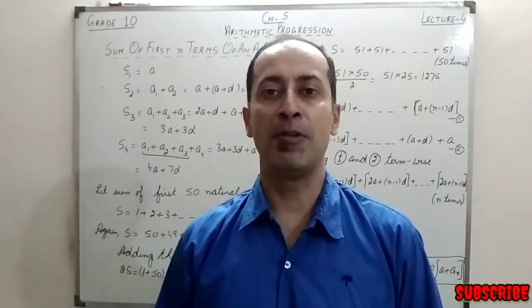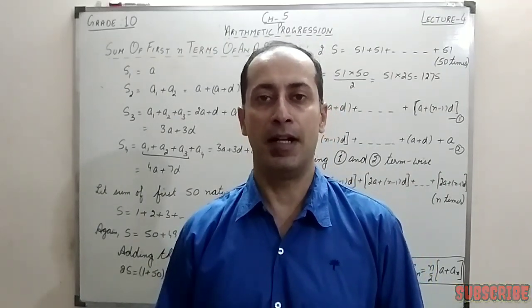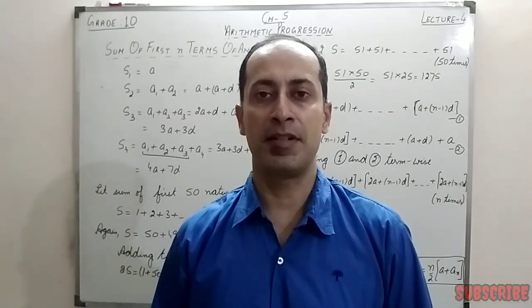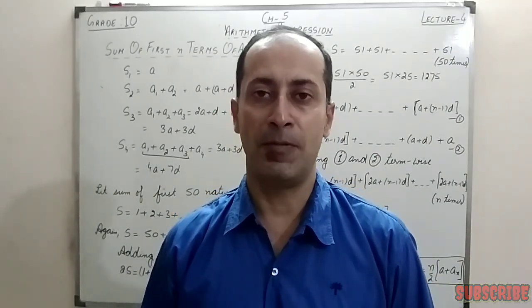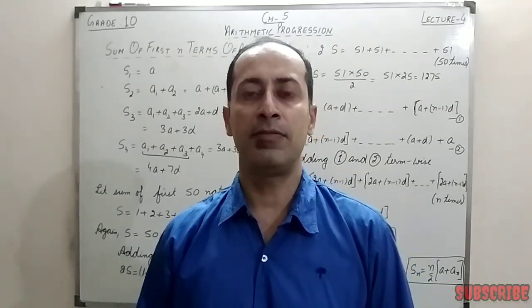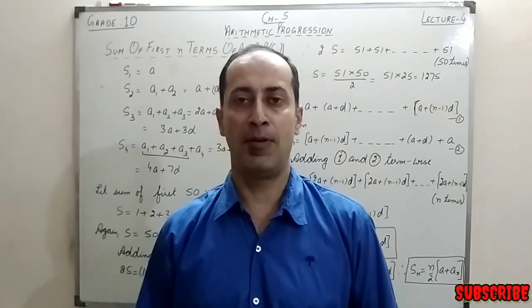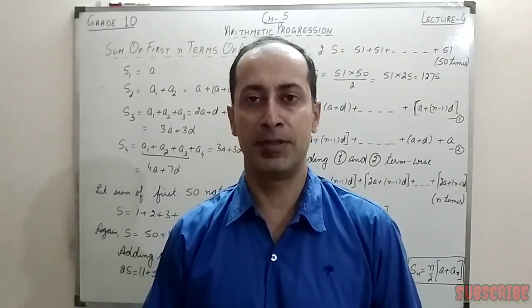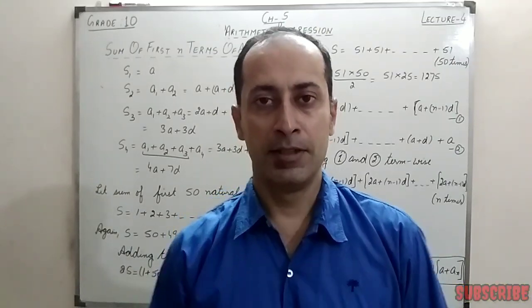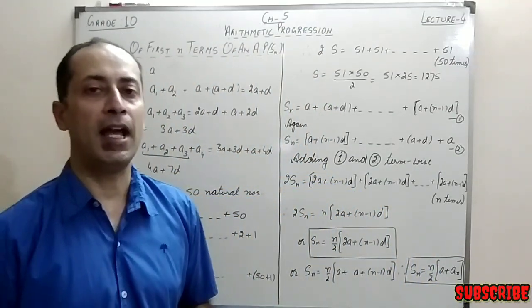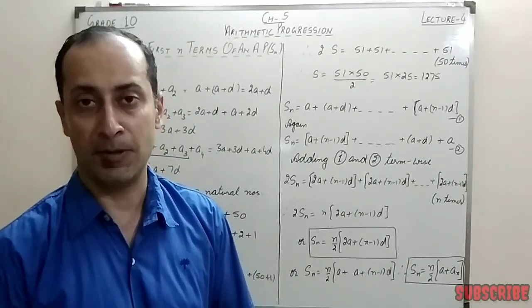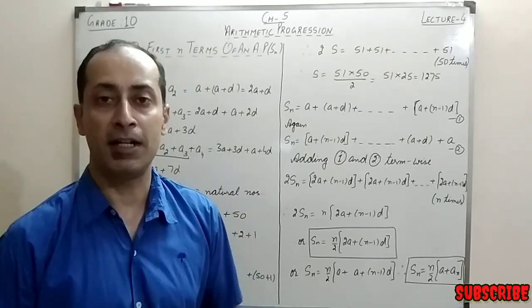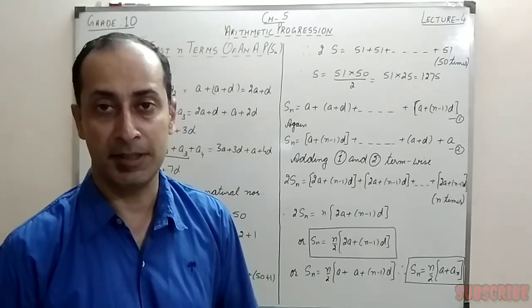So today we are going to discuss the next topic of arithmetic progression, that is the sum of n terms of an AP. Let's first formulate a relation to find the sum of n terms of an AP. The way we found the nth term of an AP, let's start that way only, and see if we can do it that way or we have to try some other method.